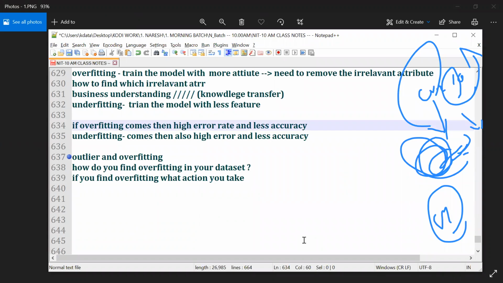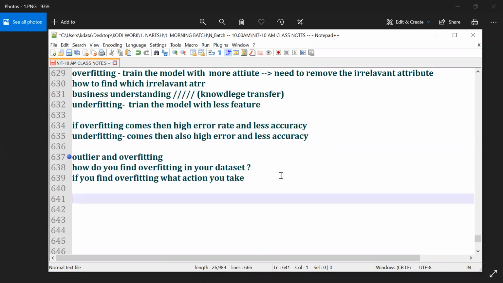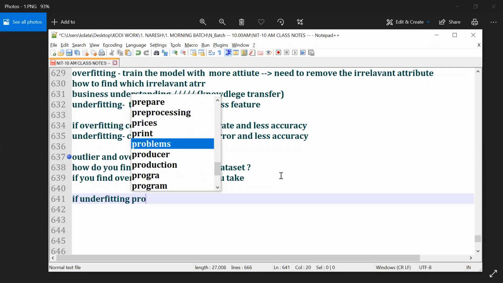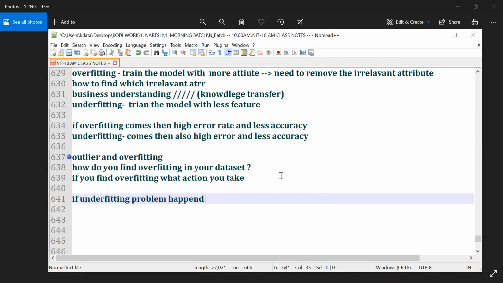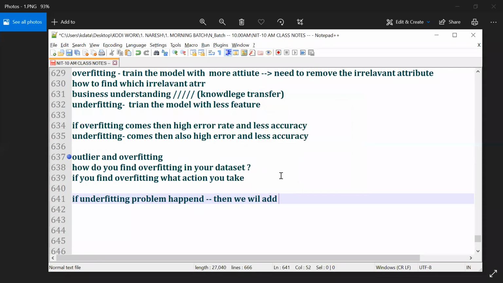Washim, what is the next step? Sunita, if an underfitting problem comes up, what could be the next step? If the underfitting problem happens, then we will add features. Very simple, isn't it? We will add the features.